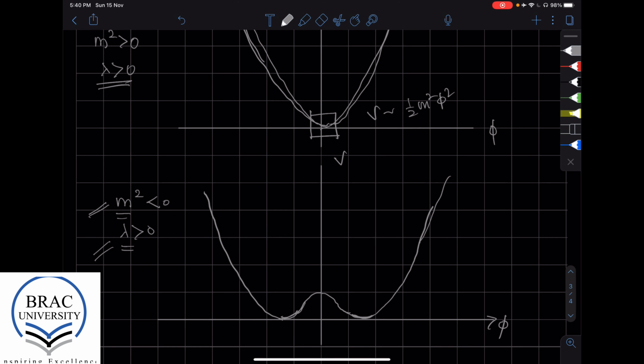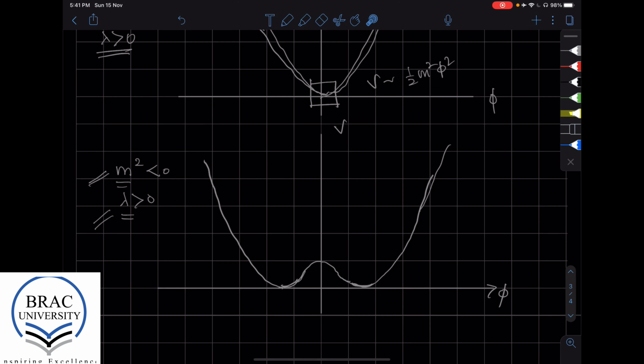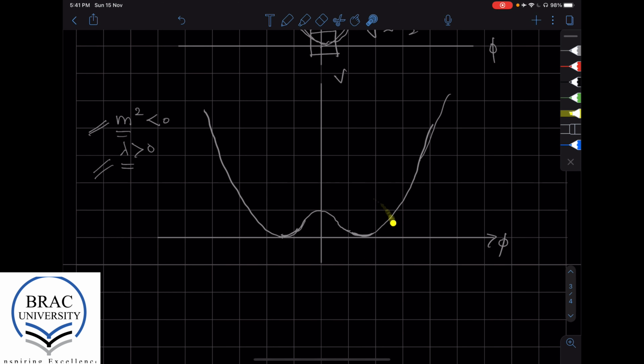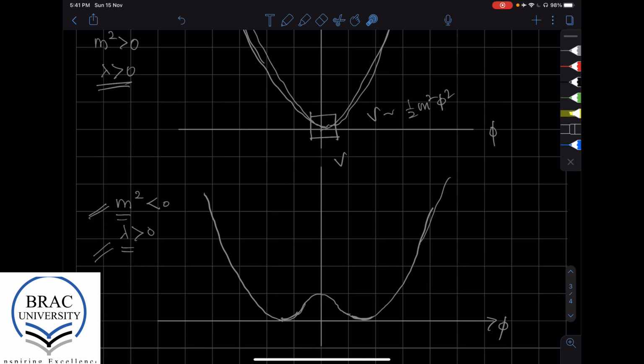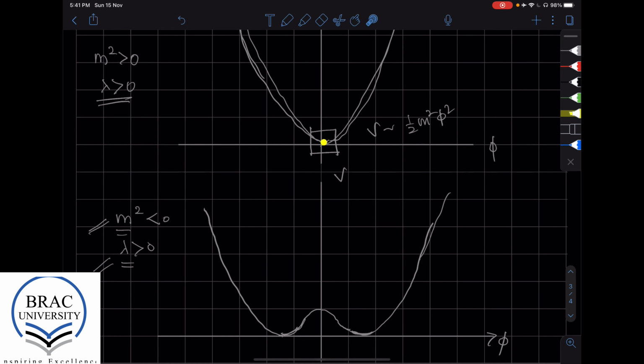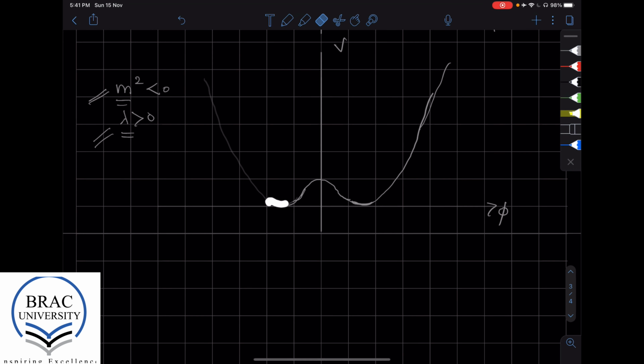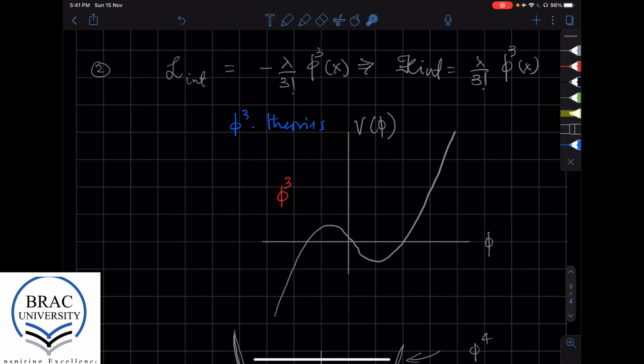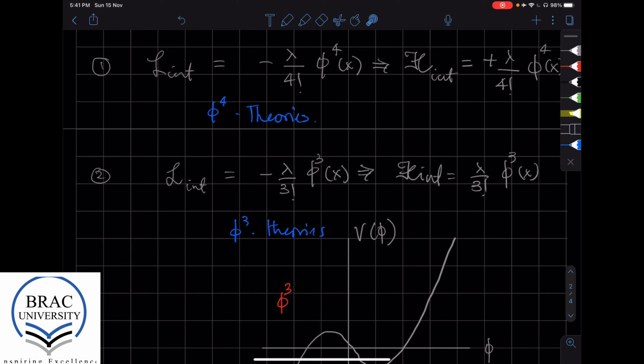So as you can see, this potential and this potential have very different qualitative features. For example, the lowest energy for this potential, there's only one point, whereas for this potential, there is some kind of a degeneracy in the lowest energy. Anyway, we shall return to these points later on in the course. So we have written two of these